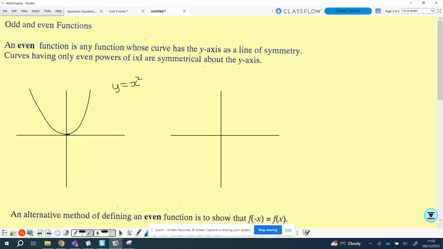A bit better there, a wee bit better. It's symmetrical about the y-axis, okay? The values would be identical on each side, just one positive, one negative, and we can flip it and it would get the same thing, okay? Another one would be